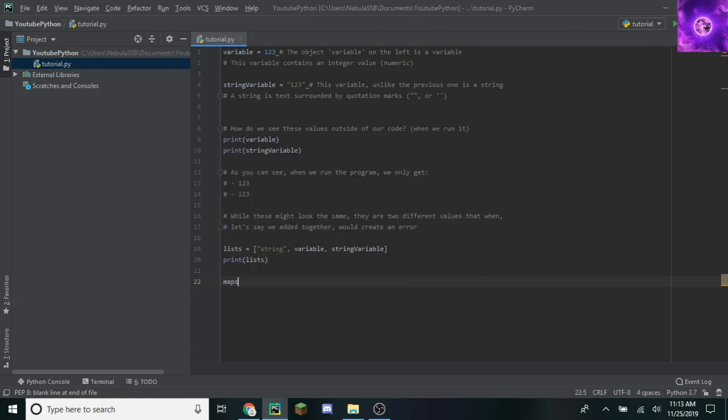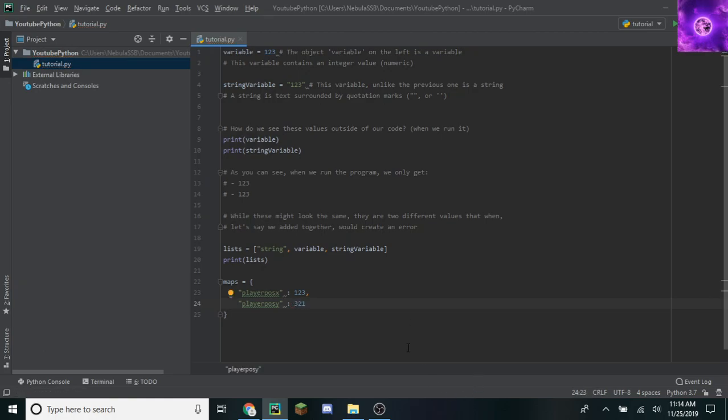So if I do maps, which is the data type name, so map, and then let's say player position X. Well, you can't have a variable in here. So in a map, instead of assigning a variable to a value, you assign a string to a value. So let's say player position X is 1, 2, 3. Remember the comma. And then let's do player position Y. Let's do 3, 2, 1.